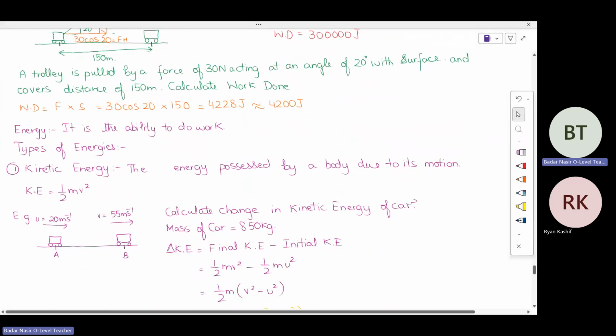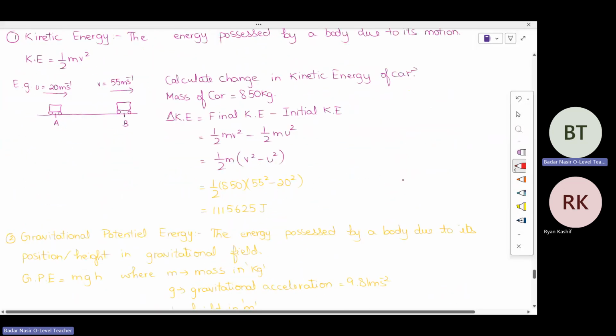फिर what is energy? Energy is the ability to do work। Kinetic energy हमारे पास आ जाता है सबसे पहले। So kinetic energy when an object is moving, so it possesses kinetic energy। The formula is 1/2 mv square। When you have to calculate the change in kinetic energy, so we use the formula 1/2 m (v square minus u square)।